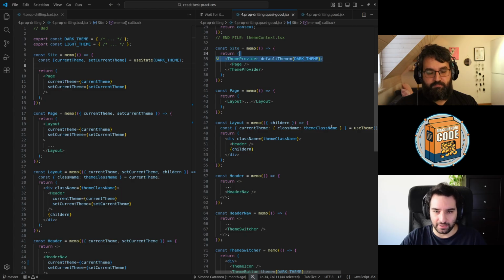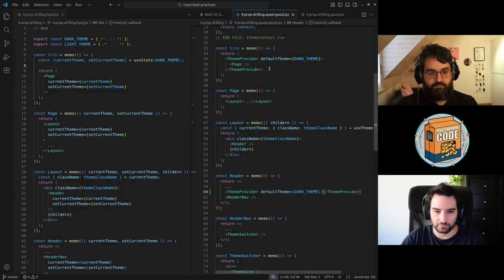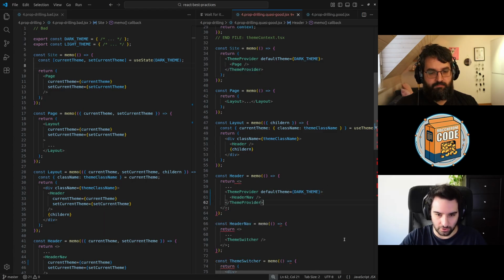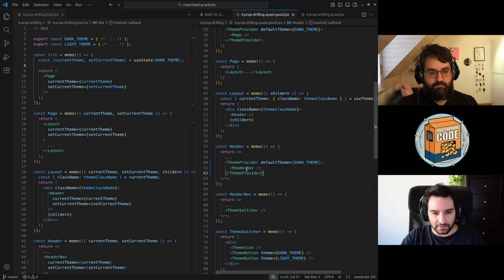But if you put a provider, that one, for example, here, okay. If you do something like that, all the descendants of the header nav component access that provider and not the one of the top.